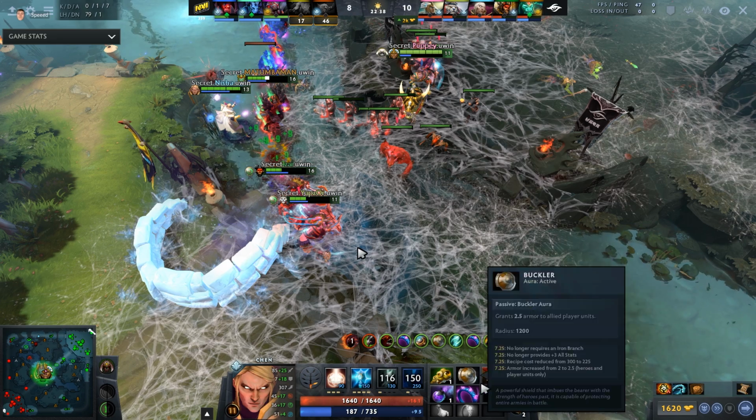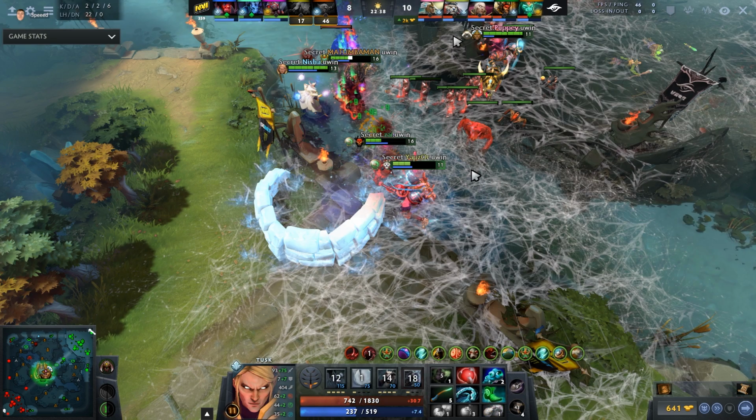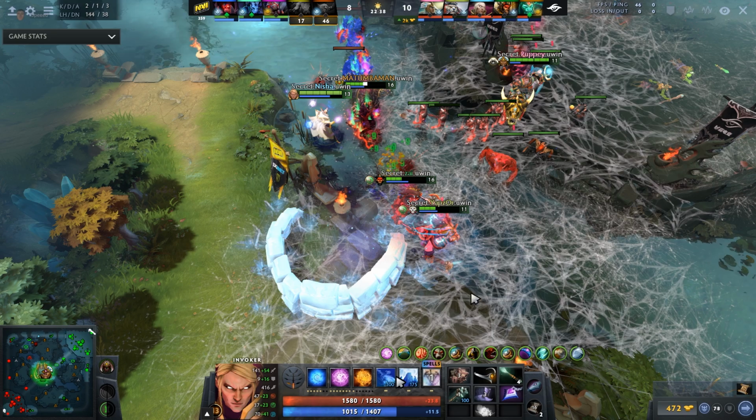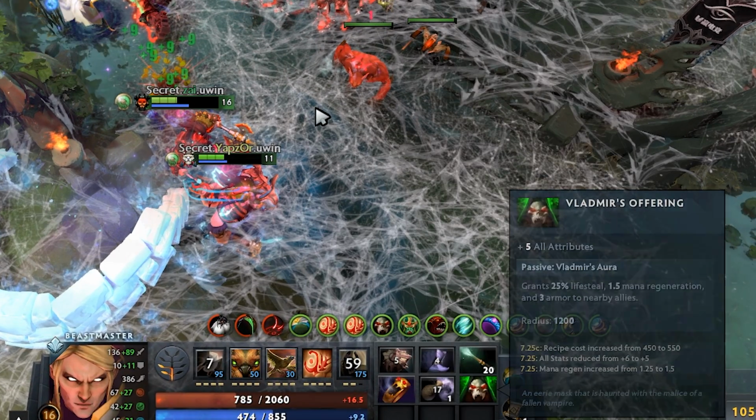First off, on the Chen, we have a Buckler, Bassi, Mech, Medallion, dealing with physical damage. The Tusk is going for a Spirit Vessel, that's not really having to do with this, but obviously good itemization, small items, going the Vessel against the heroes like Brood and Centaur really helps out. The Invoker, as we talked about, Solar Crest and 4-staff, Beastmaster going for a Solar Crest and Vladimir of himself,